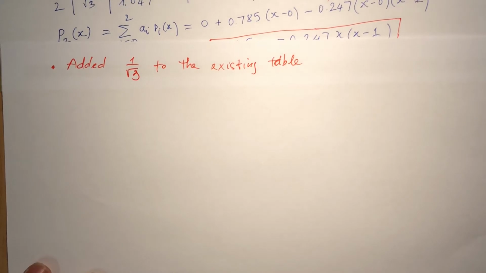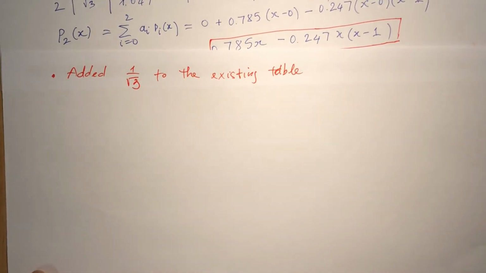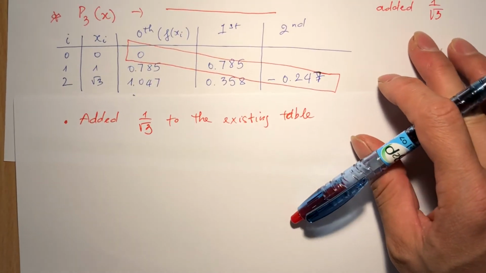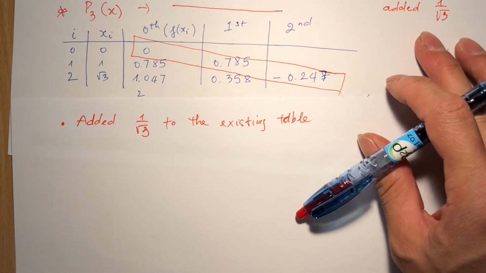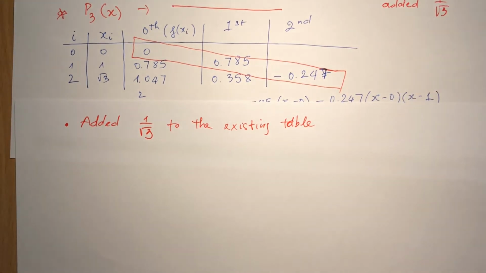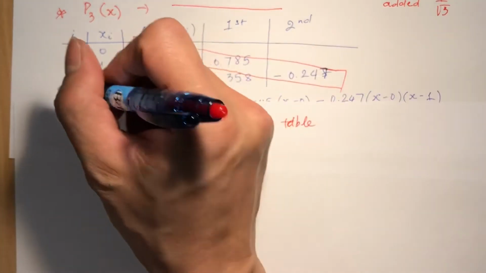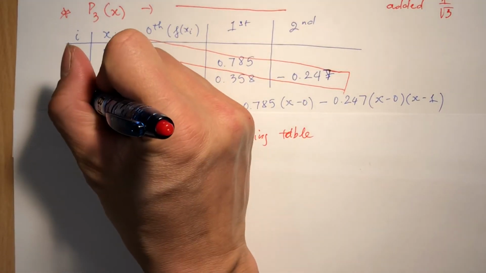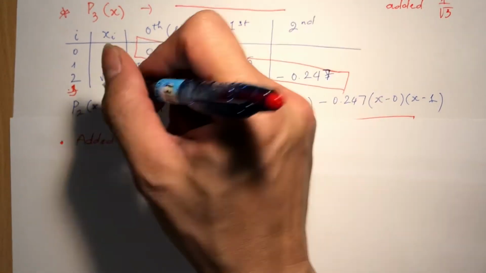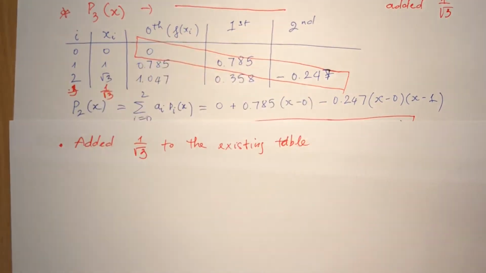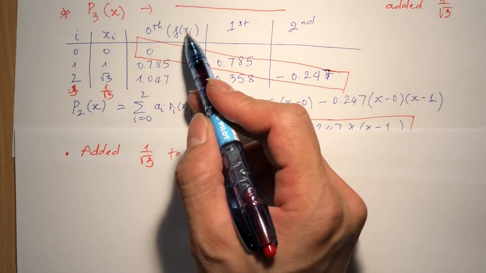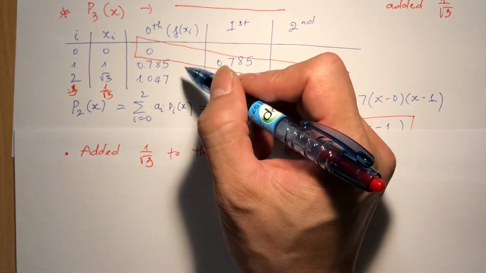Can you see the table? Alright. Now the new point added is point number 4, 1/√3. So f(x_i) should equal